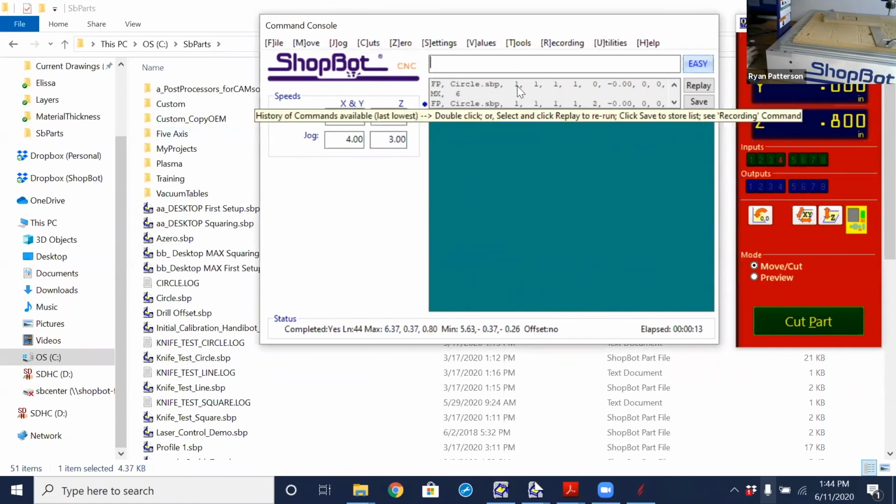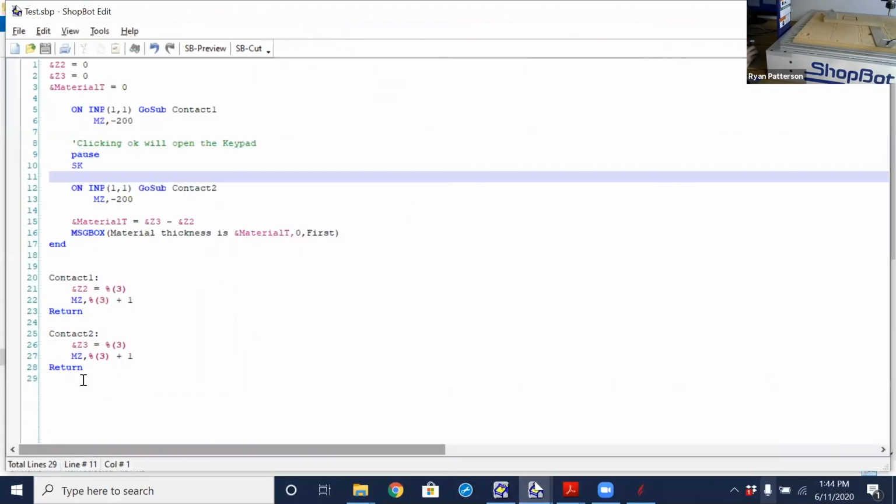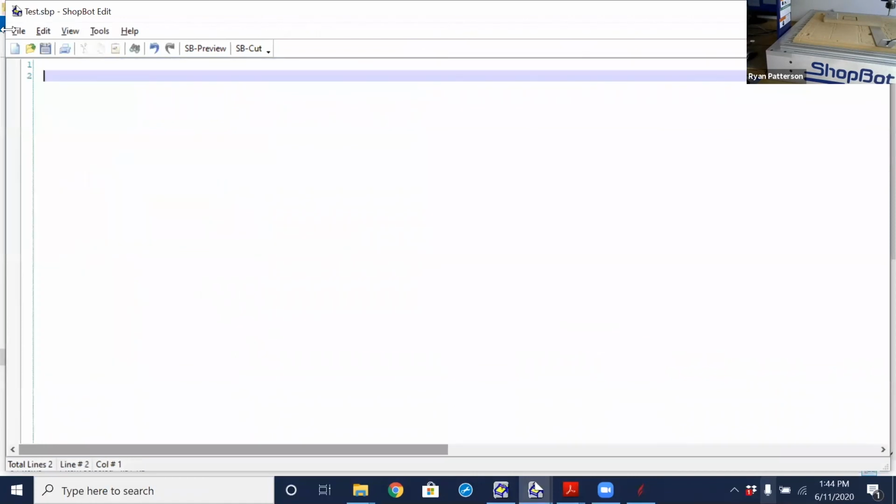And I'm going to take a look at what it produced here. So it's an FP command, the file, 1, 1. So we see this 2 right here. That is the offset right there. So I'm just going to count 1, 2, 3, 4, 5 commas after the file name. So going to our test file, and I'm going to type in file part, comma,